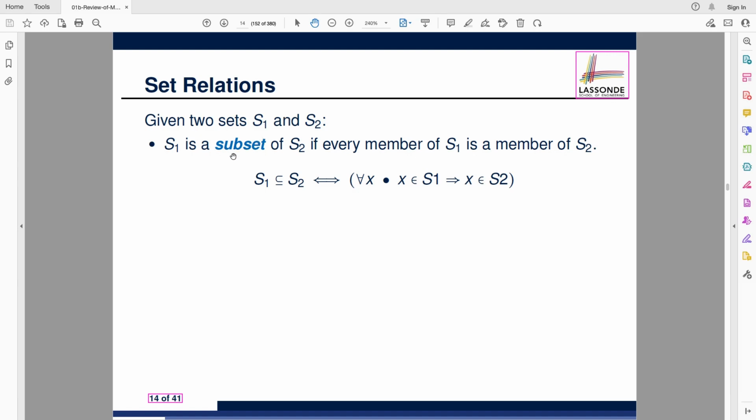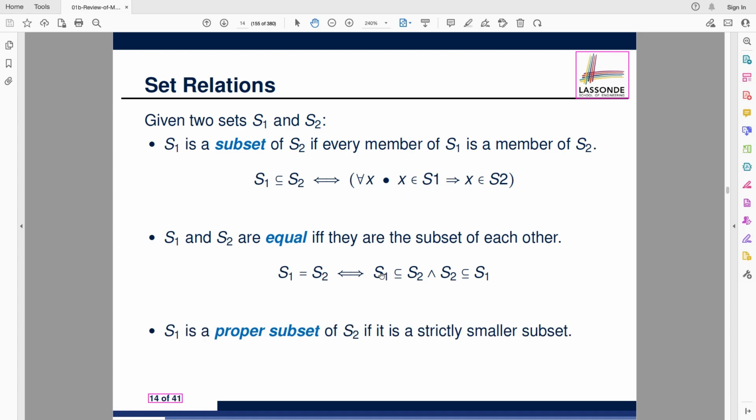So we need to understand very well about the subset over here, and also equal, and also proper subset. It's really important to note, right? Let's do some example together. And one thing to note here, you can see the way we define the subset relation over here is by using a universal quantification. S1 will be a subset of S2 if everything that's in S1 should also be in S2. You can see everything that's in S1 as the antecedent. It should be also in S2.